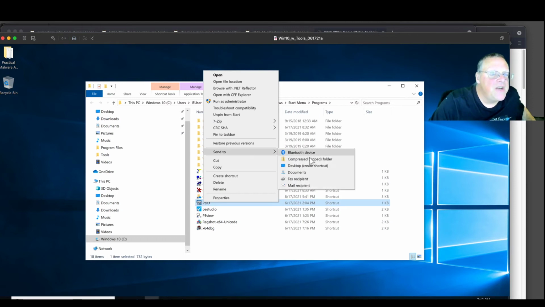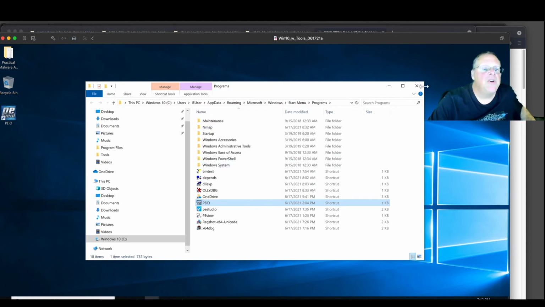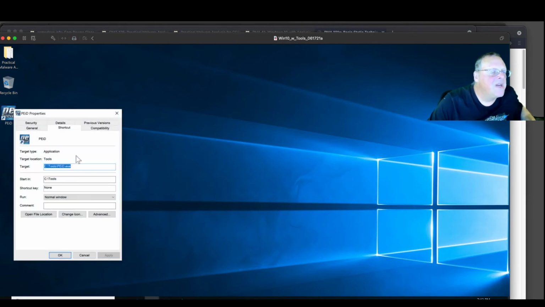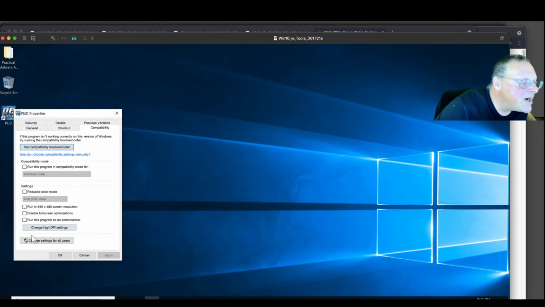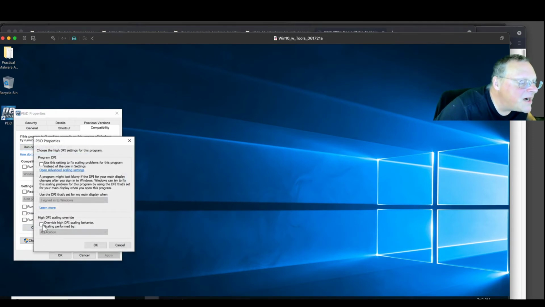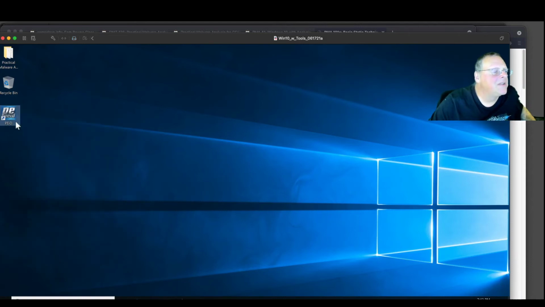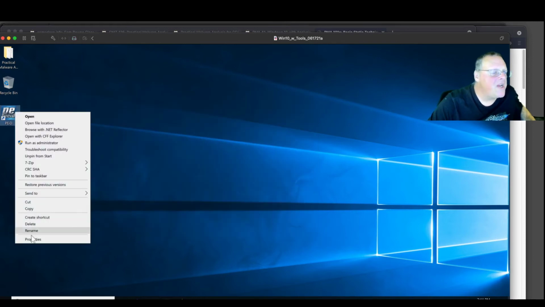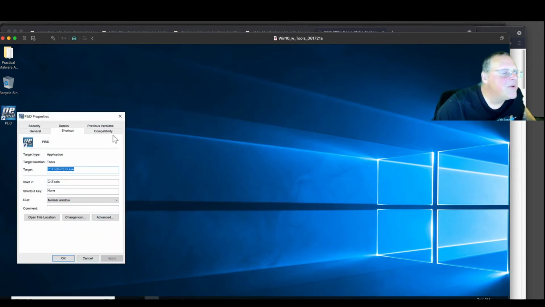I can send to desktop, and once you have a shortcut, you can use Microsoft's compatibility features. There are two compatibility features that might help. One is high DPI. Let's see if that works. That did not work. The other one is 640 by 480 mode, which would be nice if it would work,